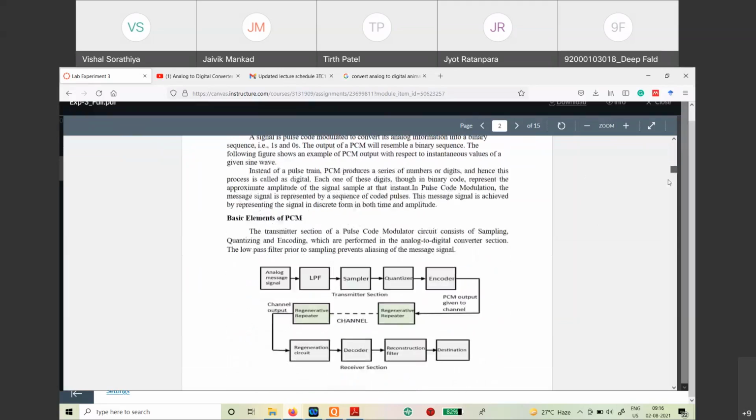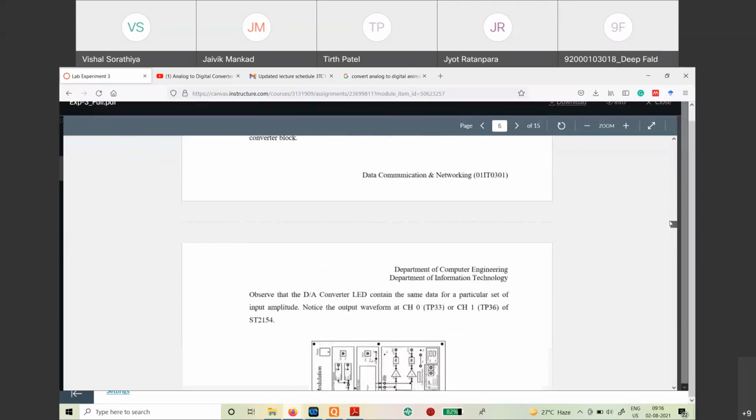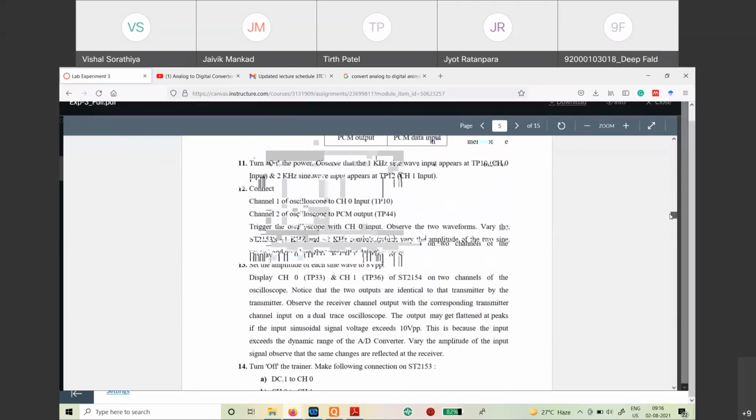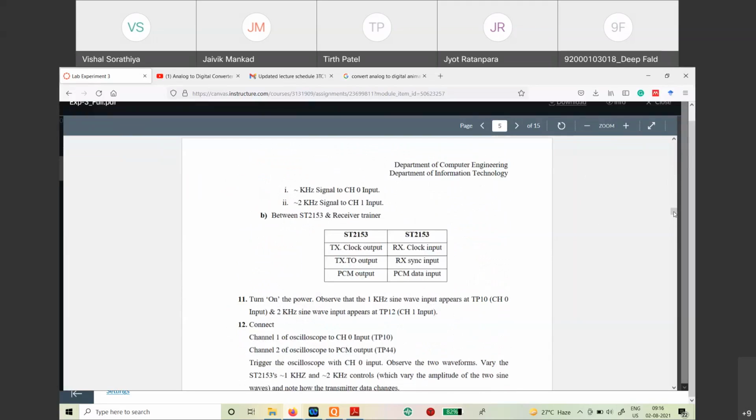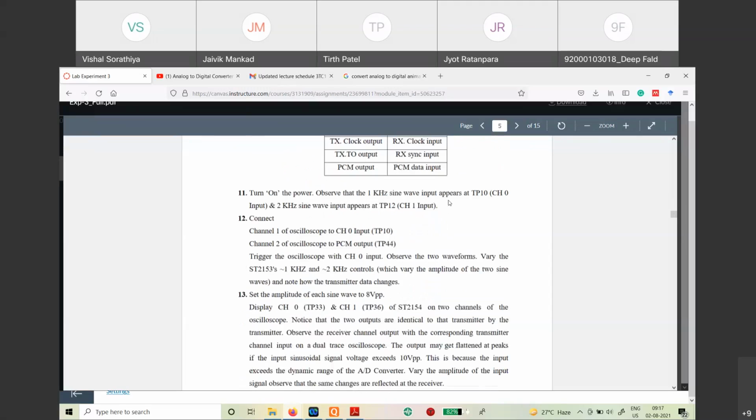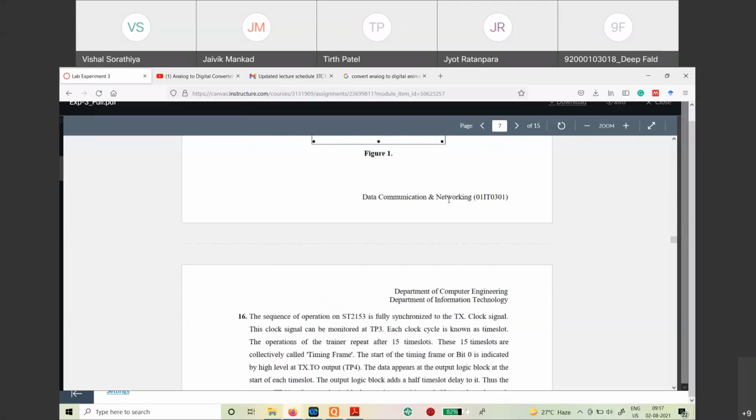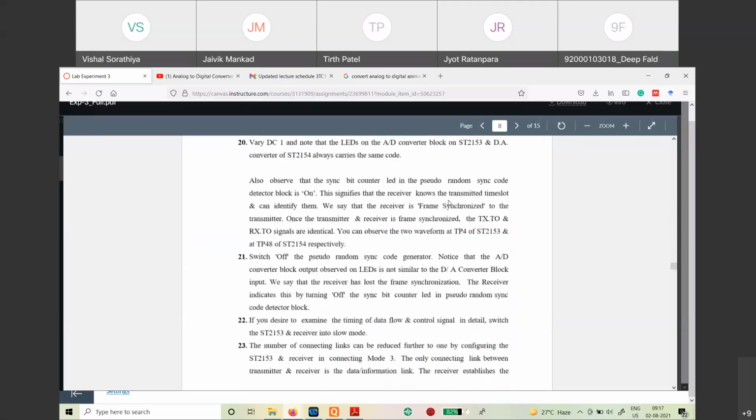Then you need to jump directly to the procedure. This is a procedure whenever we have hardware or a physical kit. So how this physical kit will do the exercise of this digital conversion, you can see from this procedure. That entire procedure has been given. But right now, as you don't have any digital kit over here, no physical students are available, so we will go with